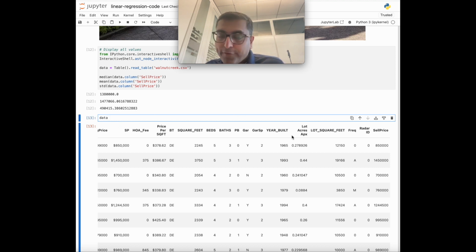We want to look at, let's say first, square feet, because that's the most obvious one. The higher the square feet, the higher the price is what we assume. So the CSV file is now in table format, so we can do data dot column,